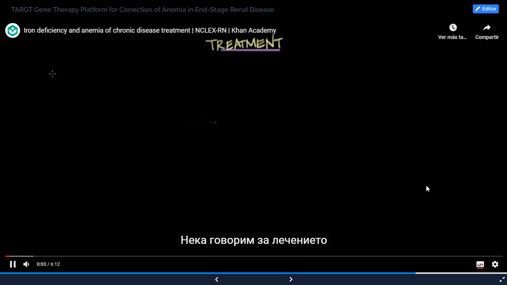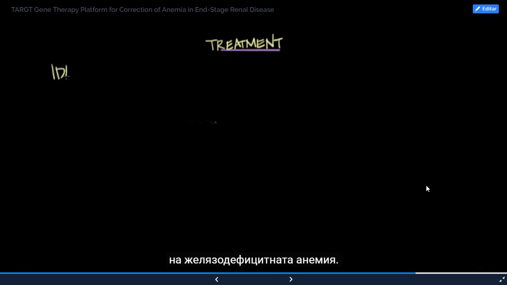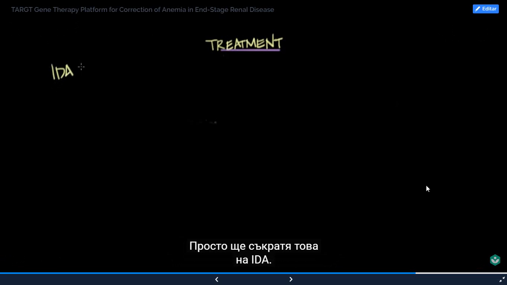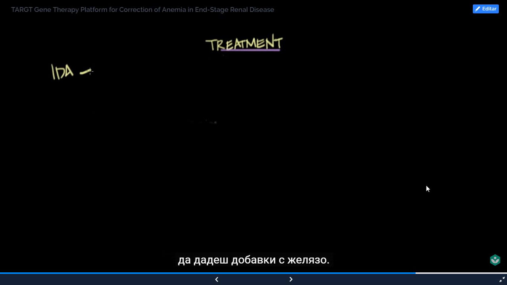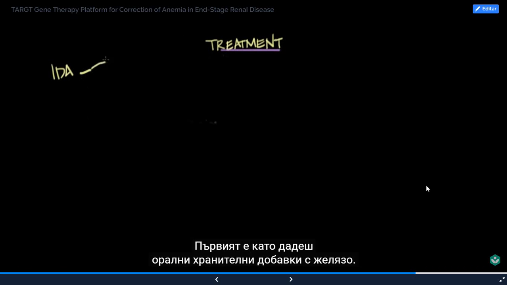So let's talk about the treatment of iron deficiency anemia, which I'm going to abbreviate as IDA. You'd imagine that iron deficiency could be treated with supplementation of iron, and you'd be completely correct. You can treat iron deficiency anemia by giving a patient iron supplements. And there are a couple of different ways in which you can supplement iron. The first is by giving oral